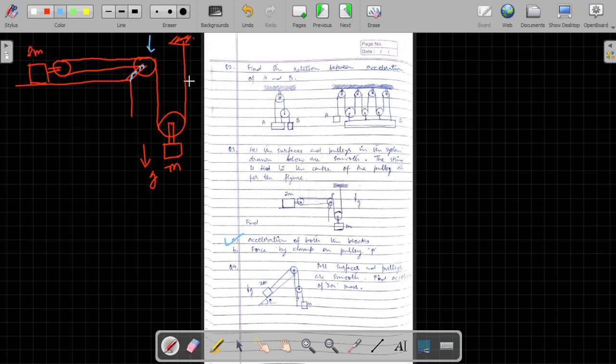So what is the number of strings in this system? The number of strings in this system is only 1. So the tension in the string would be the same everywhere. That is the advantage of that. So this tension T would be the same everywhere. This tension T would be acting on the pulley twice, and because of that this would act 2 times on the mass 2m also. If we are to draw the forces acting on the central pulley, it would be this tension which is due to the upper string, the tension in the middle which is due to the middle string.